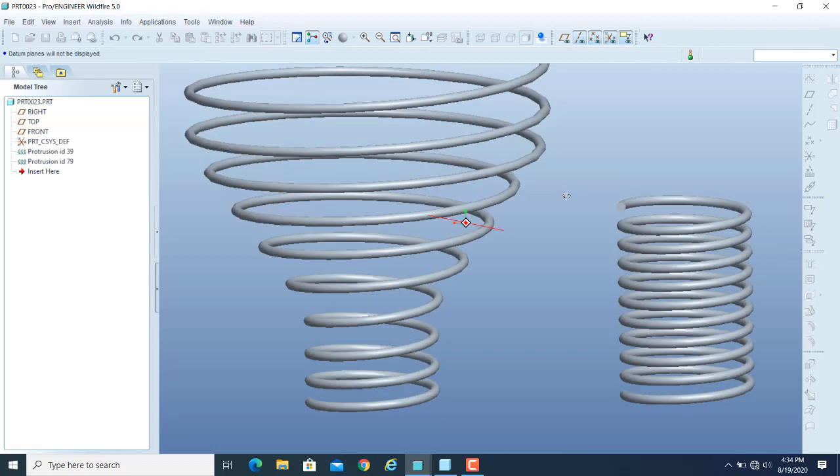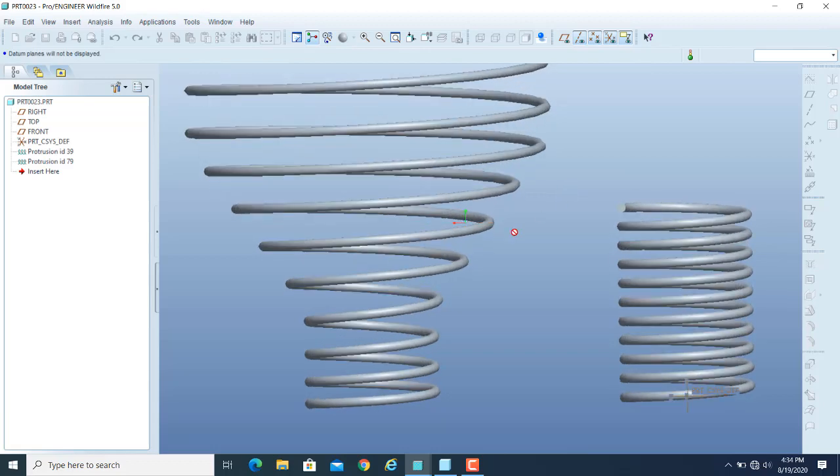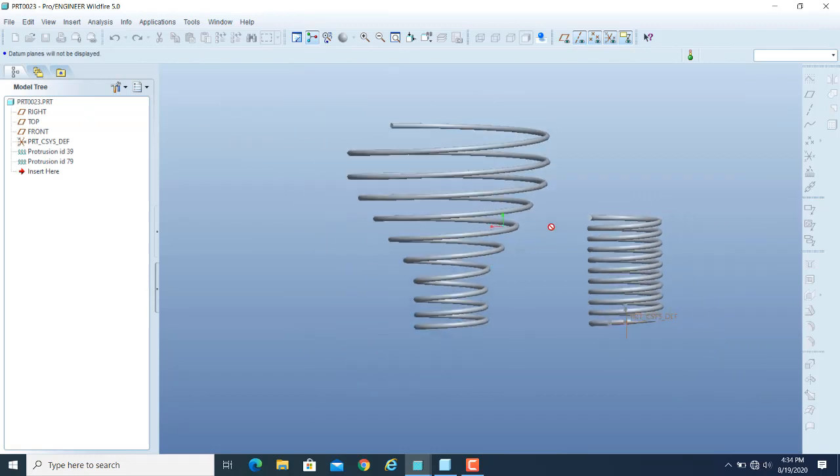If you look properly at this helix, we have a smaller value for the pitch, and then gradually that pitch value increases, and this is because of an option that I have used, which is known as the variable pitch option. So these are the parameters that you will be defining when you work in the